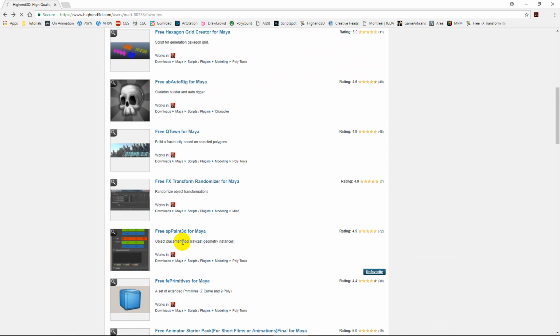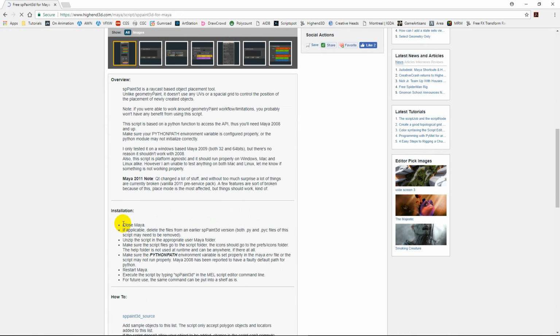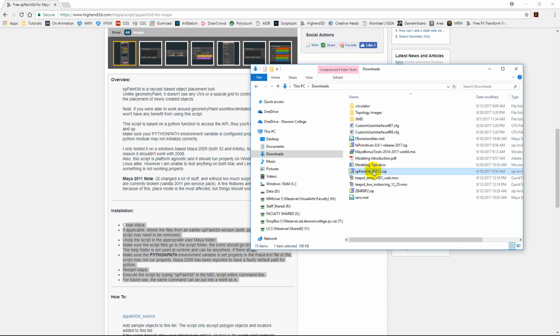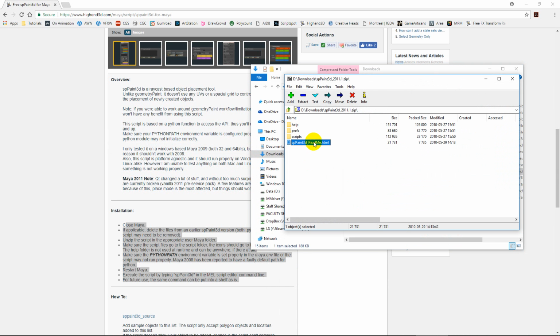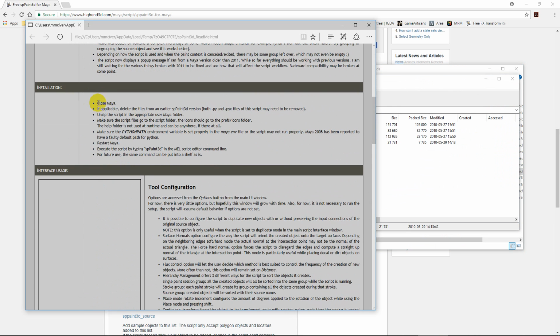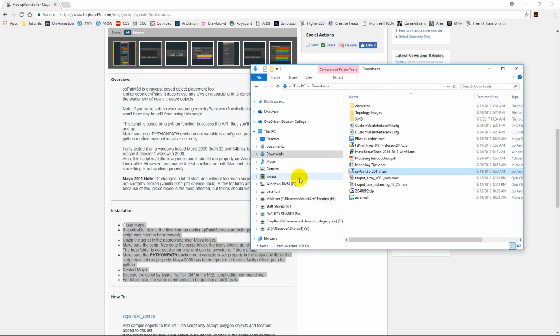One thing I recommend though when you're looking at these tools, so this is where SP Paint is. It's got its own instructions usually on the site, so you want to follow those closely or check to see if they include something like this. Sometimes there's a README file, a text file. This is an HTML file, so it'll open, it'll tell you about its features, it'll tell you how to install it, right? In most cases, it's just a matter of finding that MEL script, generally speaking. So this one I've already copied into the Documents window,